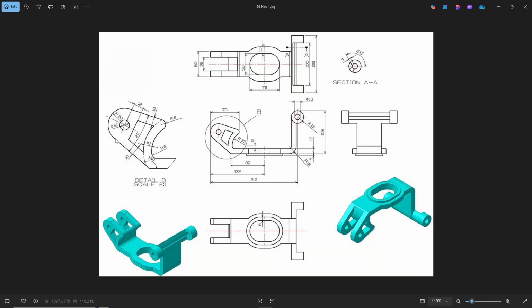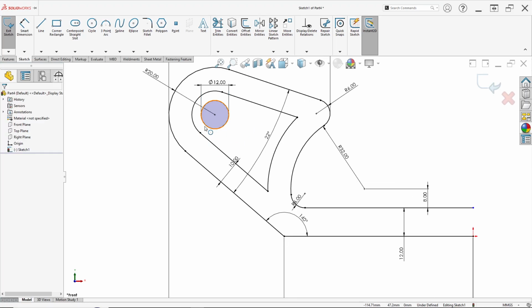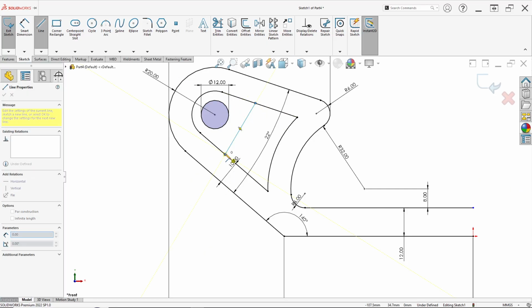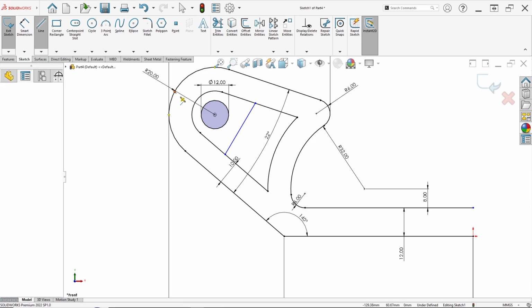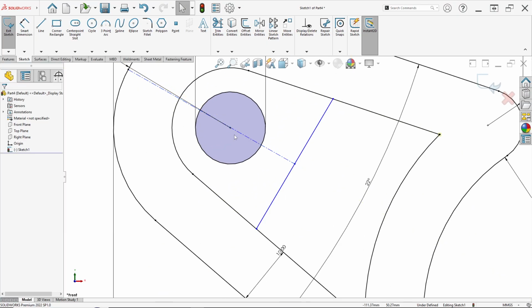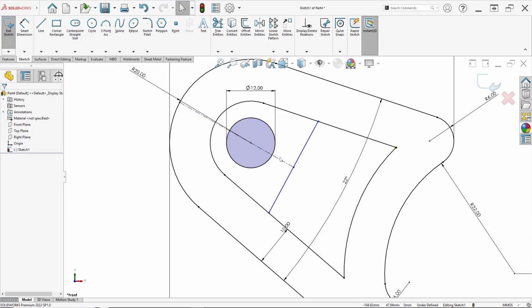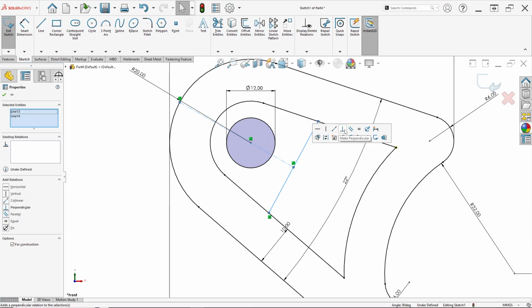Okay, like this. And don't forget to make a line here. Draw a line from here to here, and ensure to make a center line from this midpoint to this midpoint, and this line to this center line. Click make coincident. Ensure this center line, press Control and click this line, and click make perpendicular, like this.